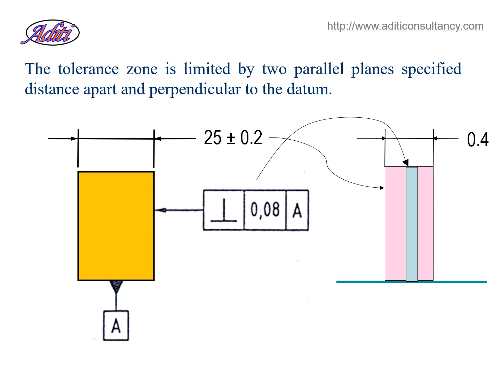This 0.08 mm is a floating tolerance zone, but it will control the inclination of this vertical surface with respect to bottom surface within 0.08 mm. So that way now also the angle will vary to a lesser value controlled by this perpendicularity tolerance zone. Now when the surface lies within these two parallel planes, what is the meaning? Flatness of the surface also is controlled within 0.08.